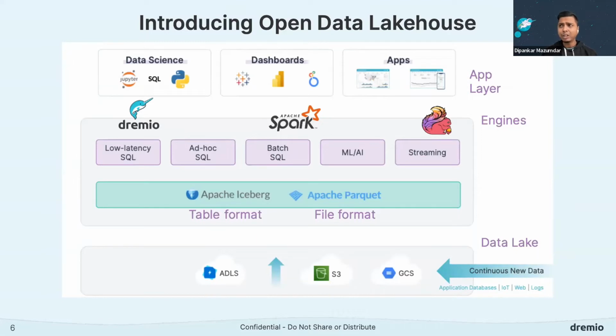This gives us added advantages in terms of running other workloads like machine learning, for example. Now we store the data in open formats in the data lake. We dumped all the data, but since everything is open, we can also use other workloads like machine learning on top of that. And finally, you have a top layer, which is the app layer, which is all the apps that you consume, or the reports that you consume from your BI apps like Tableau, or even from a data scientist perspective, you can use Jupyter to get access to the data.